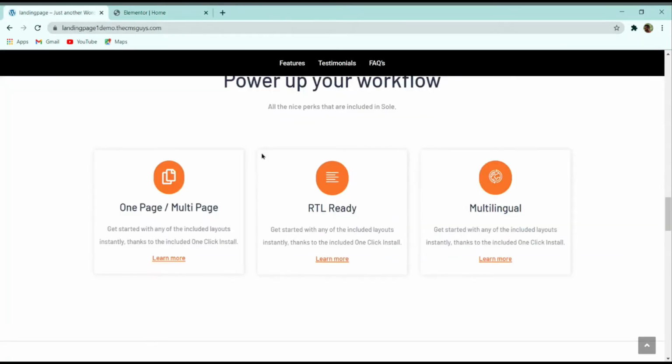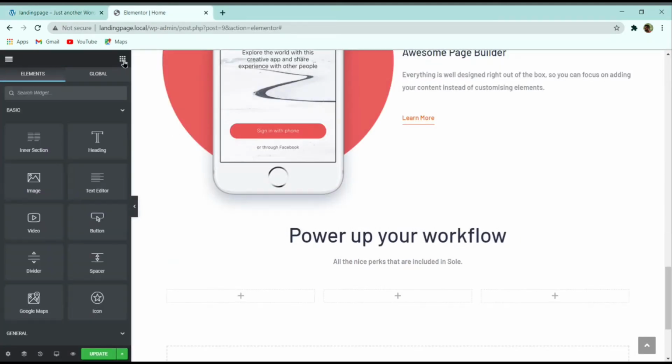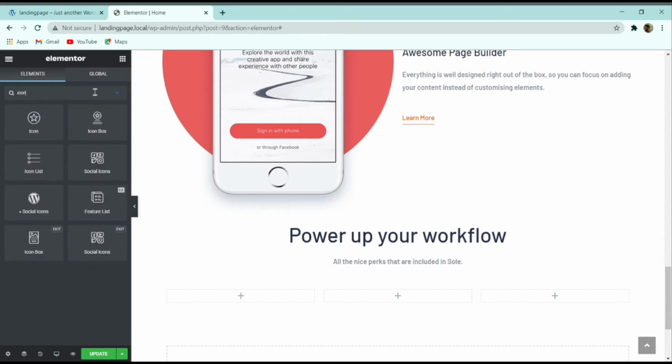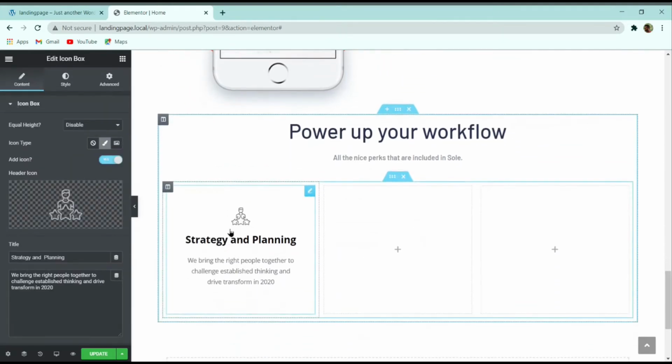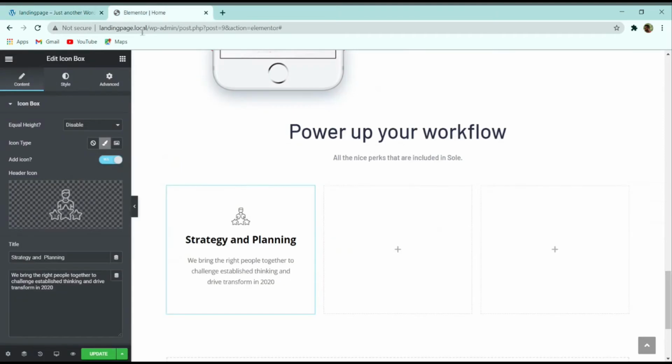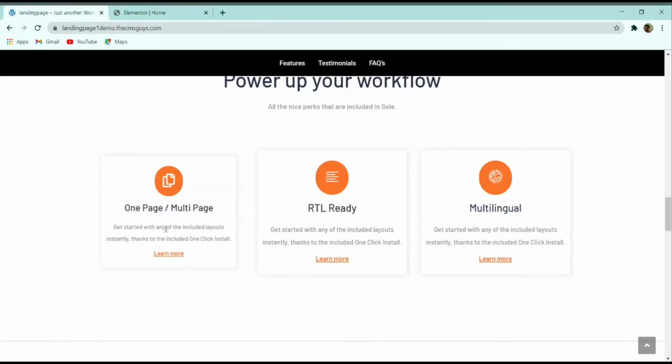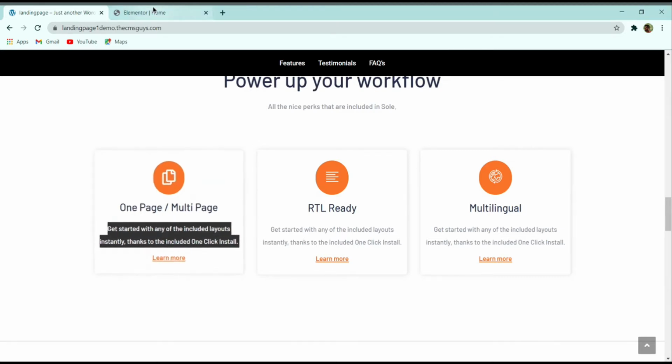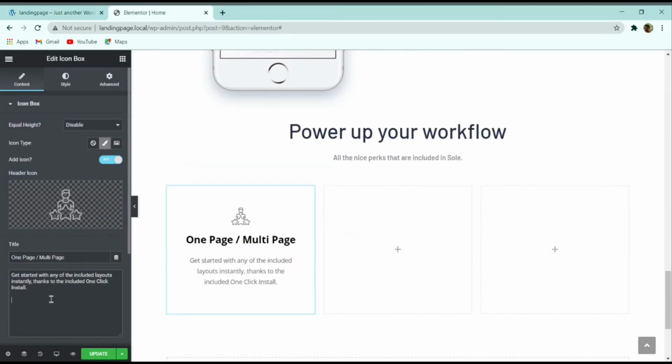So now let us create icon boxes. So to create the icon box, again here I will click on this 9 dots, and then here I will search for icon box, and again I will drag this icon box by Element Kits. Simply drag this icon box by Element Kits, and then let's start customizing it. So to customize it, first let me copy the heading text from here, and here in this title part I will paste the heading text, and then again I will copy the description part, and here in this description part I will paste the description.